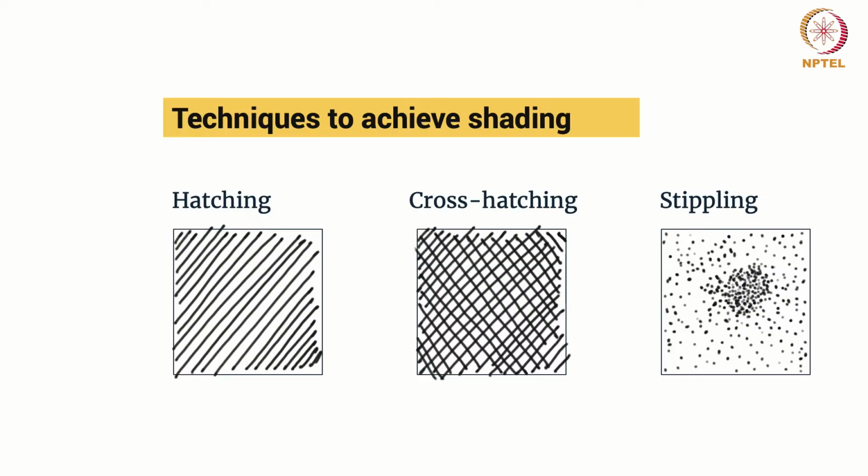Now there are different techniques to create shading, and these are hatching, cross hatching, stippling, blending, and scribbling. But these are only a few. There can be multiple other ways to create it. The more you read, the more you will understand through the literature as well. However, these are the main techniques, which have been experimented with and translated into other techniques.